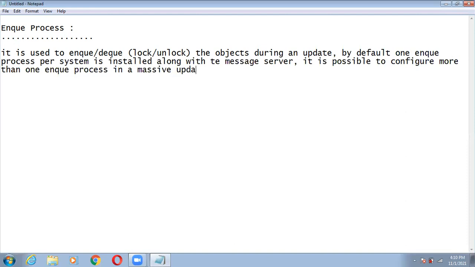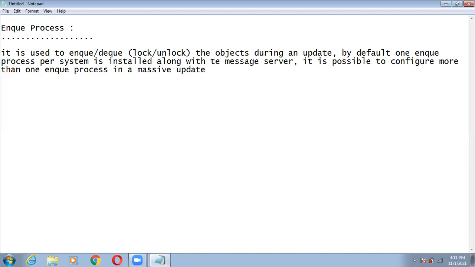So this is the definition of NQ. Basically, this NQ is used for the lock mechanism. Initially all the data is stored in the temporary table, right? It needs to update in the permanent table. So that will be done by the update only, right?